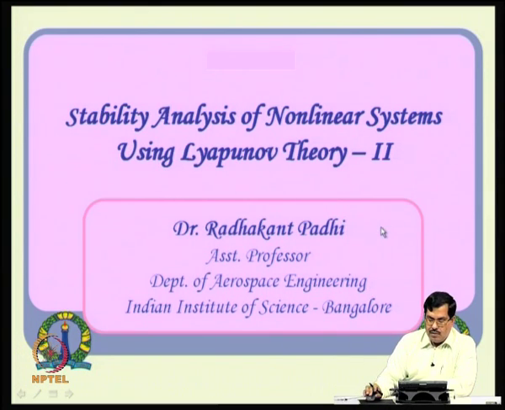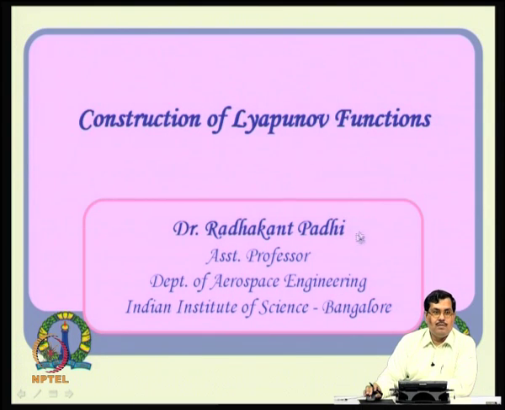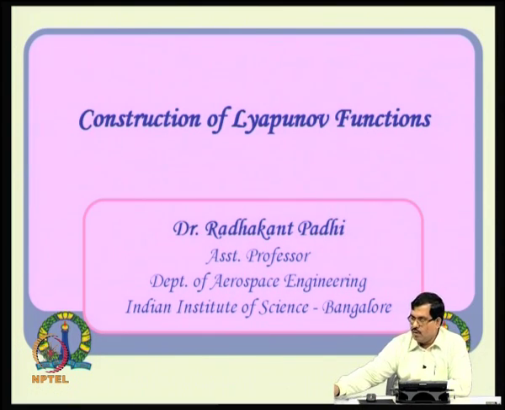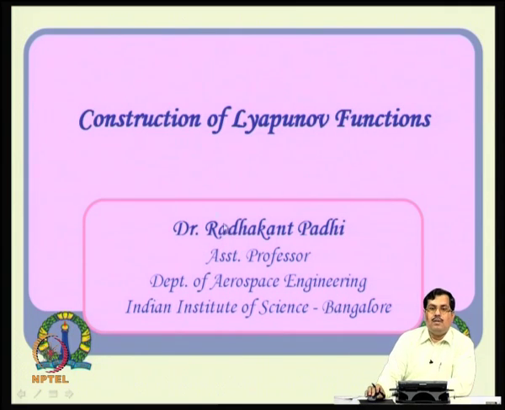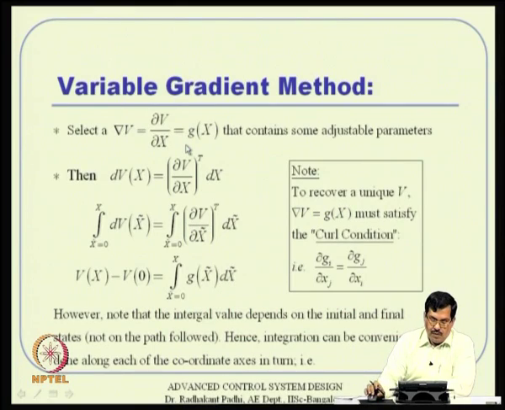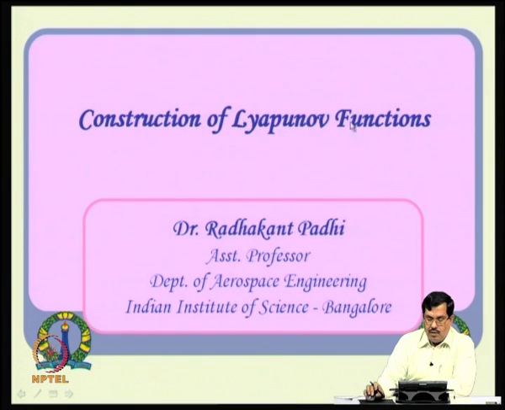So, the first issue is construction of Lyapunov functions. In some problems it is possible to construct Lyapunov functions following some sort of procedure. Some of these results we will see in this particular lecture first. One method is something called the variable gradient method. And why is this important? Because in Lyapunov function analysis, as we saw in the last class, all the theorems happen to be